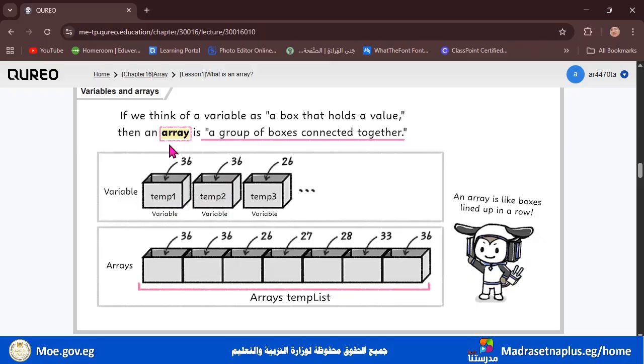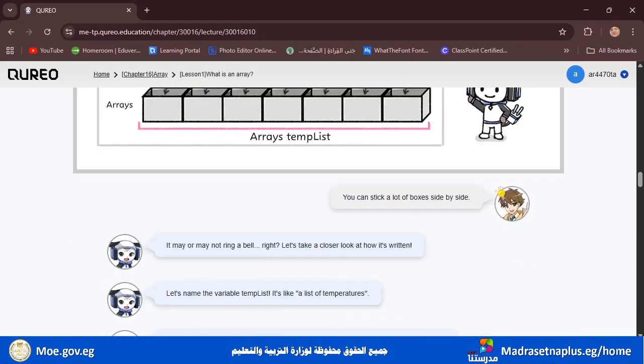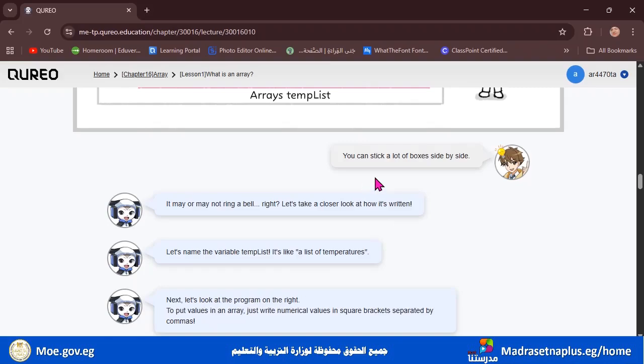But with an array, it's a group of boxes connected together. How can we connect them? We will see together. You can stick a lot of boxes side by side. Yes, it may or may not ring a bell. Let's take a closer look at how it's written.